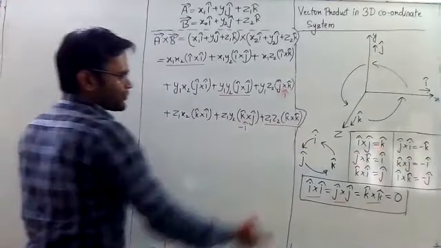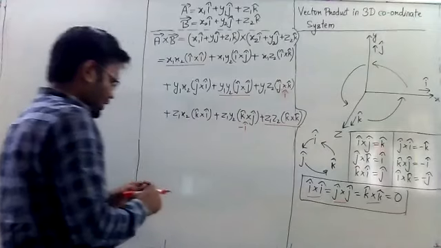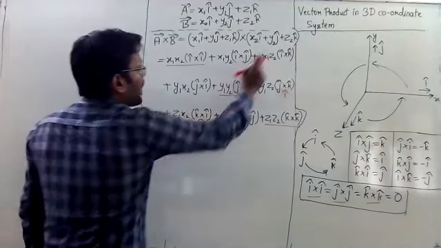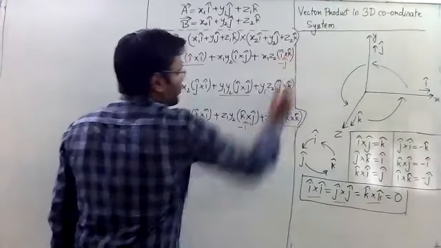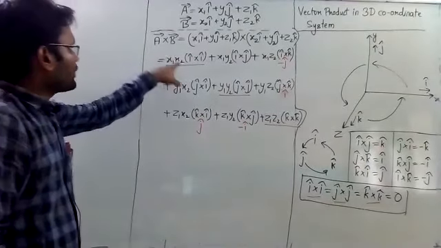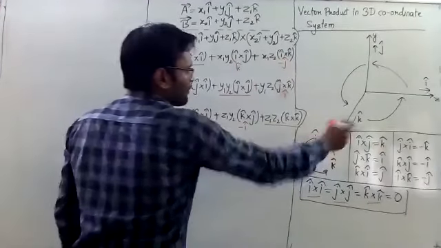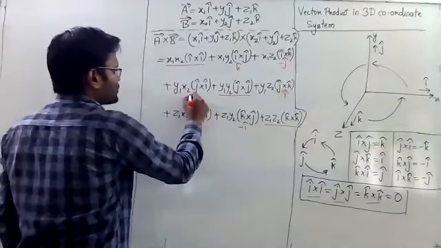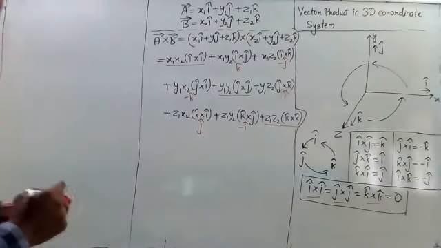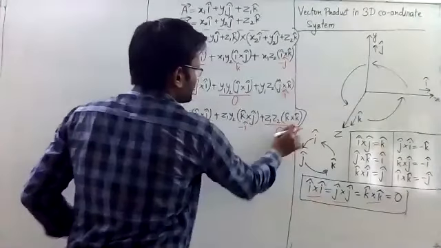Okay. Next, J cap, where am I getting it? In case of K cross I, I am getting J cap. And I cross K I am getting minus J cap. Then in which case are we getting K cap? We are getting K cap in case of I cross J. And I am getting minus K cap in case of J cross I. So in these cases we have got the different values. These terms will get reduced to 0.